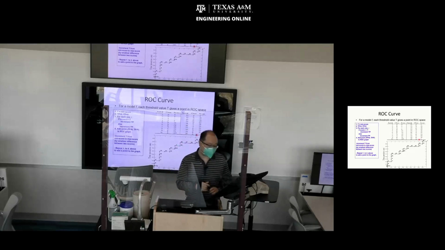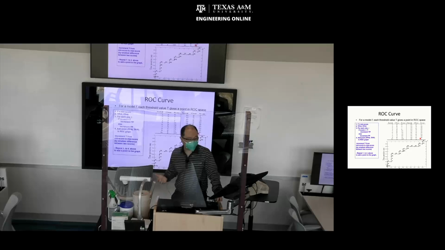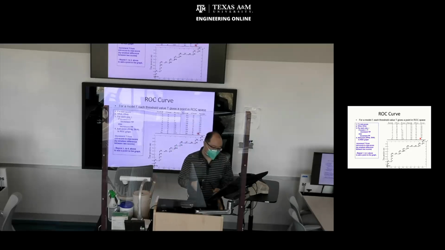So once you are above 0.1, everything is positive except number 20, because that's below 0.1. So in that case, it is negative. In this case, we predicted all the positives correctly because they are all above 0.1. So the true positive rate is 1. But the false